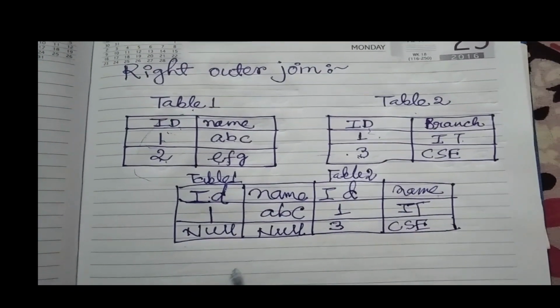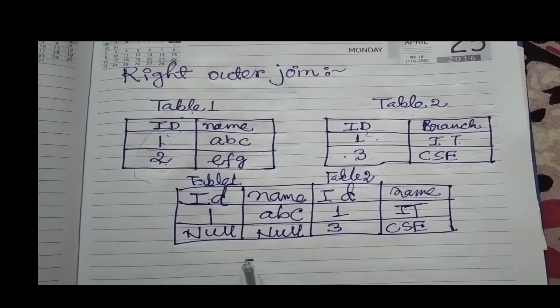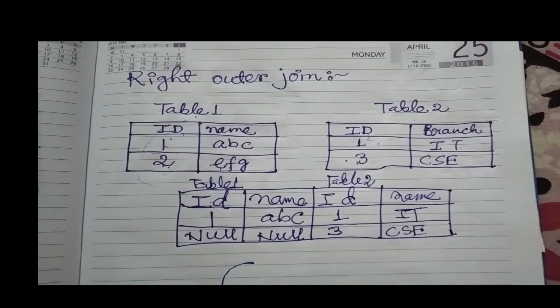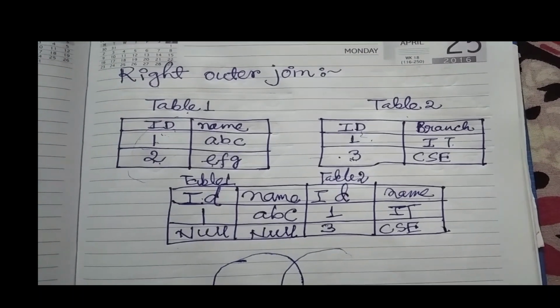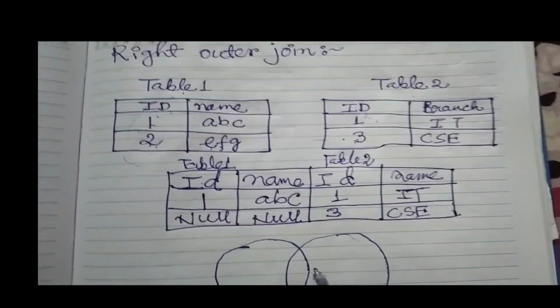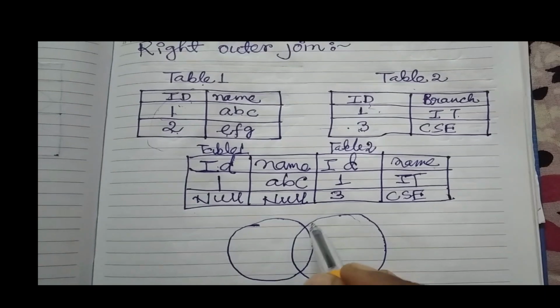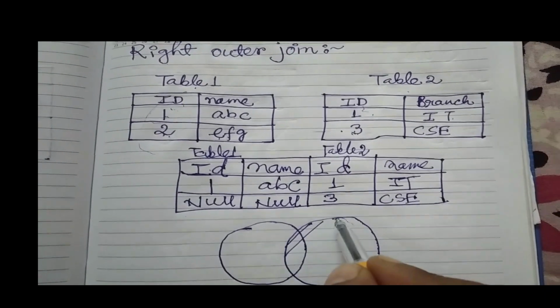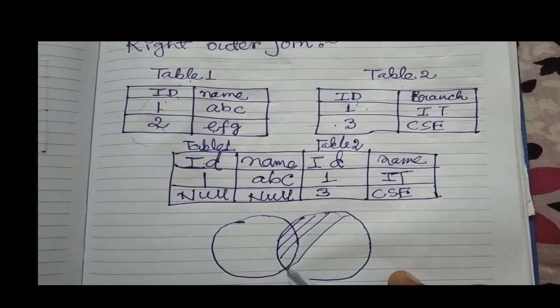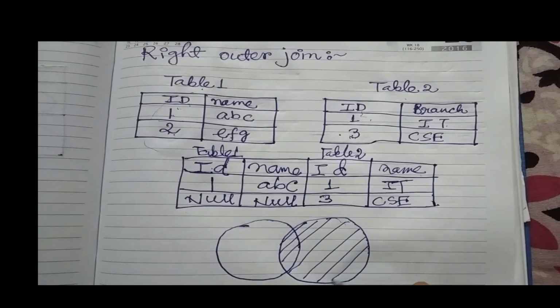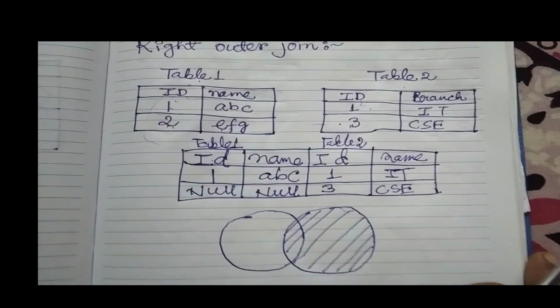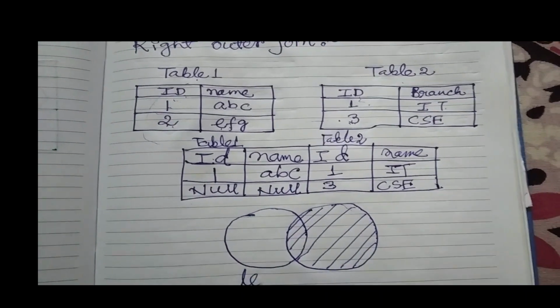The right outer join is like this type of Venn diagram. Left,